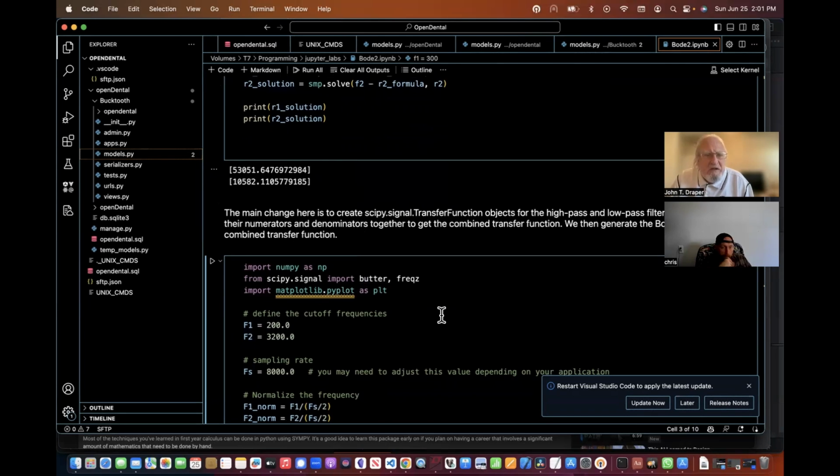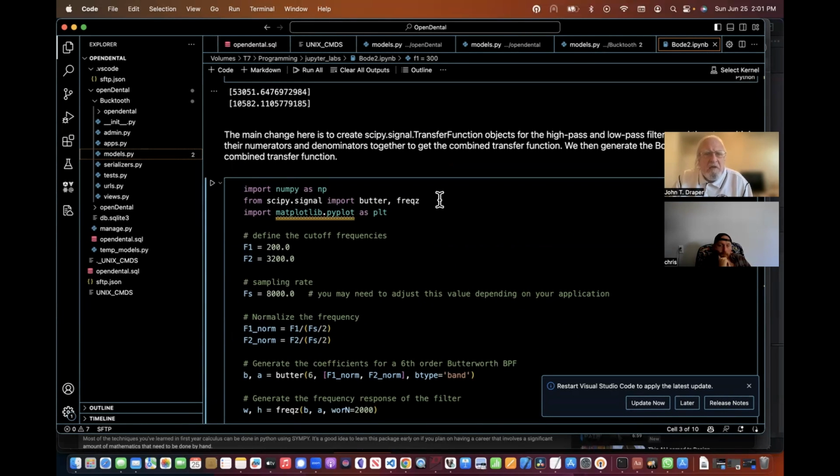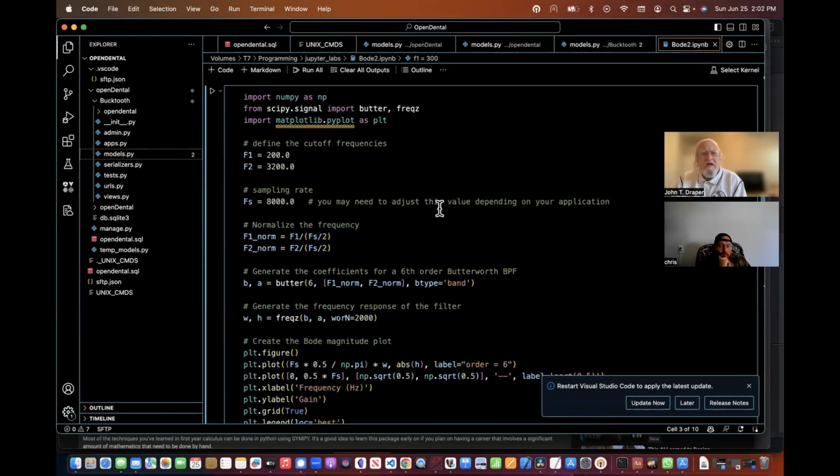So what we're doing now is we're calculating using the Butterworth and the FREQZ. Now, this part here, I actually had to admit I did not know how to do this, and I actually had to ask ChatGPT to give me this cell. It obediently did it, but it did it wrong. I went back and said, I'm getting an error. And it said, oh, I'm sorry, you've got to do this first. And it did this first. I think it took me 3 iterations with ChatGPT to come up with code that worked. Okay.